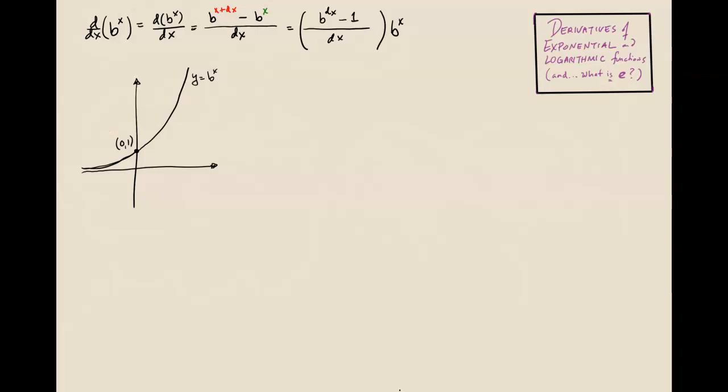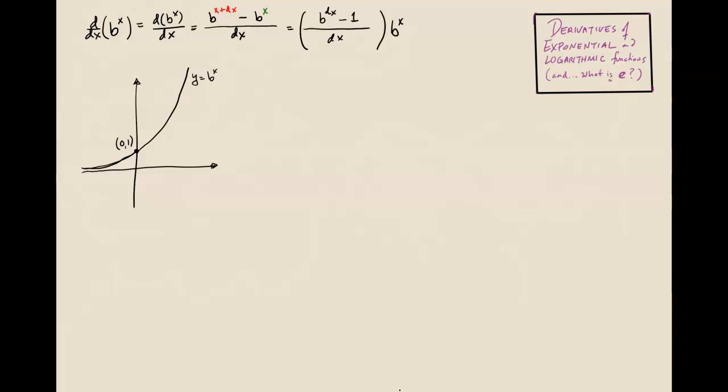Oh, I'm assuming, by the way, that b is a number greater than 1. That's when we get exponential growth. If b was a number between 0 and 1, then we would have exponential decay going the other way. The argument works there as well, but I'll just stick to this one case to give you the idea of